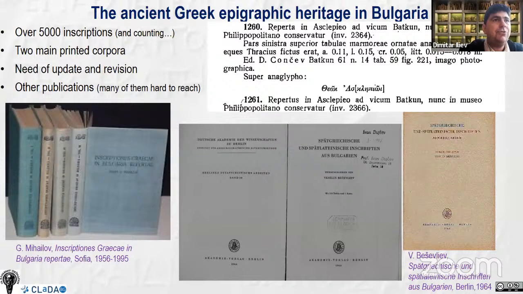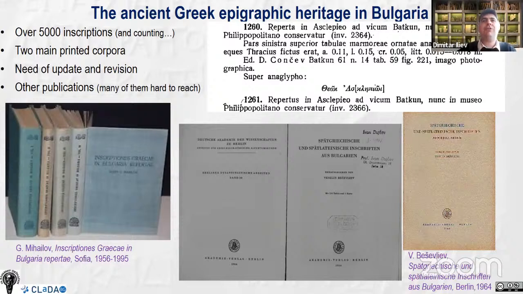There's also one relatively small corpus by Vasilev Illiev. The first one was in Greek, written by Mihailov. The meta information is in Greek. The other one is Spätgriechische und Spätlateinische Inschriften aus Bulgarien, published in Berlin, published abroad in 1964, and this deals predominantly with